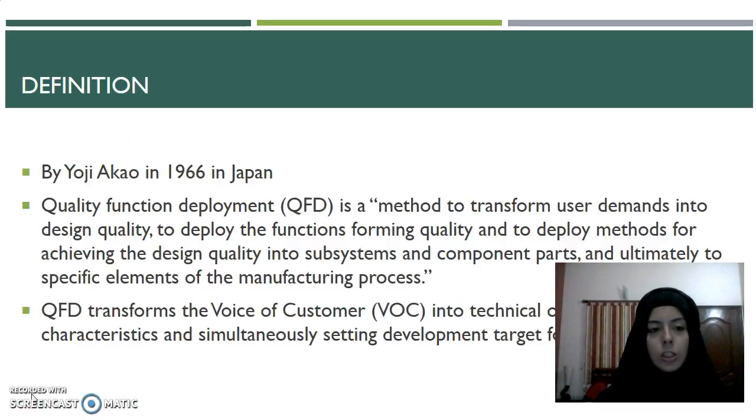Starting with the definition, the term was invented by Yoji Akao in Japan in 1966. By definition, quality function deployment is a method to transform user demand into design quality, to deploy the functions forming quality, and to deploy methods for achieving the design quality into subsystems and component parts, and ultimately to specific elements of the manufacturing process. Now, what that means is that it is a method of